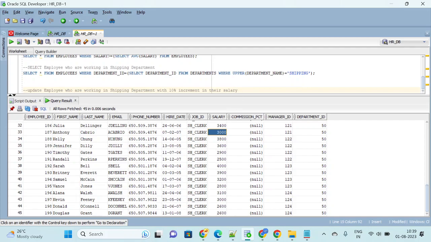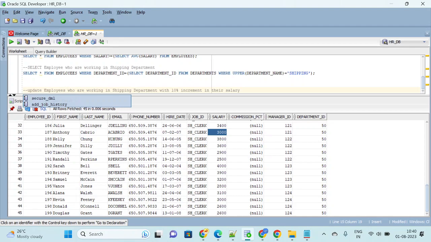So increment means what? 3,000 he is getting, means 10% how much? 300. Total how much? 3,300. So my next requirement is this: update employees who are working